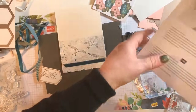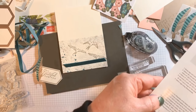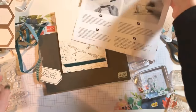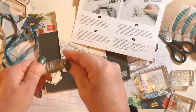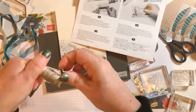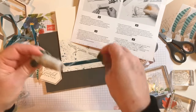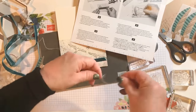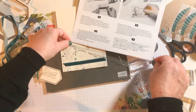Okay, and then I'm going to need some twine for that, it looks like. So, read my instructions again. And this is the Grateful for You. And we are going to do the 29 inches again. So, let's see. That is this color of twine. Let's see if it will cooperate here. There we go. We're going to go 1, 2,